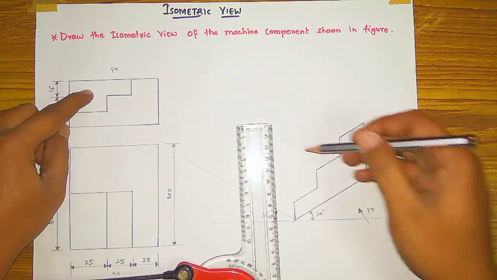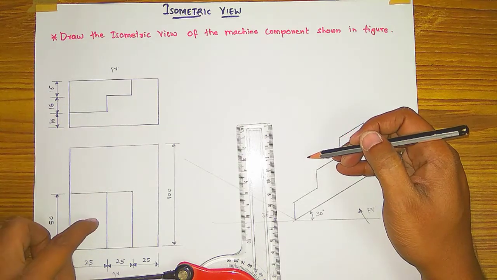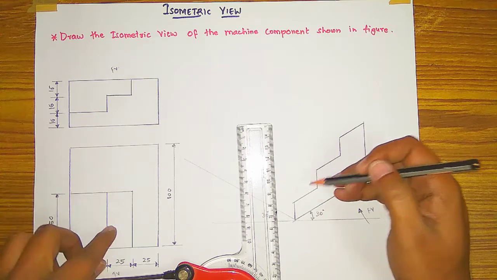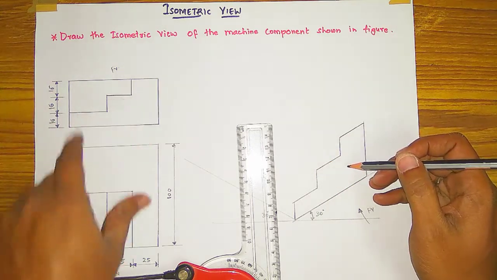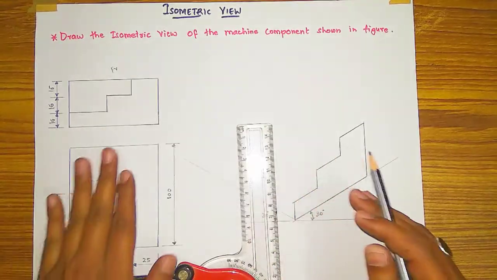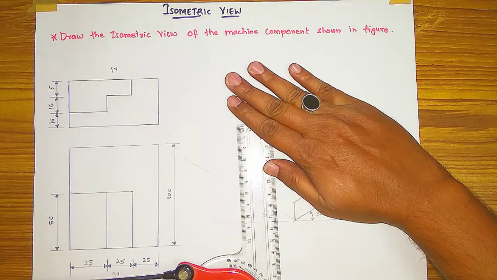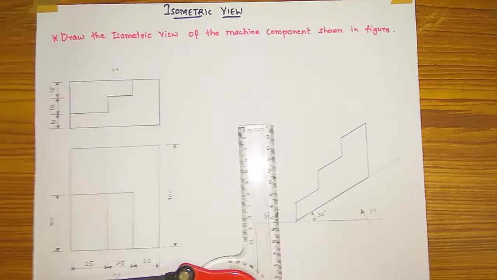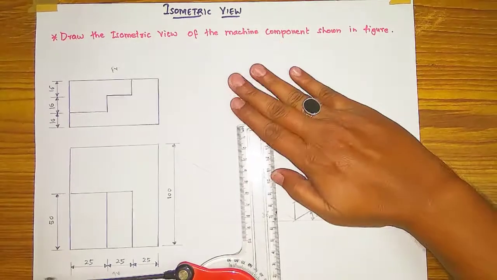This section I am not drawing because it is a cutout section in here. See, in the top view you are having this cutout, having these steps like this. So this much portion, later on we will do it. First draw the front view, what section you are having, then the top view, means this section we have to draw on the top view. When this is the top view, this top view is exactly resting here like this. Okay, with the same dimension we have to draw here. Okay, means standing from here only we have to copy this top view here.